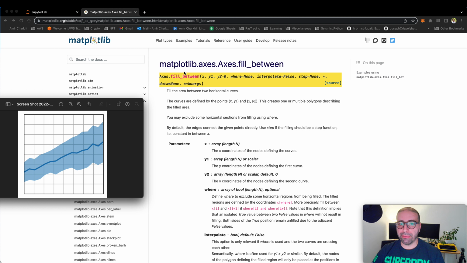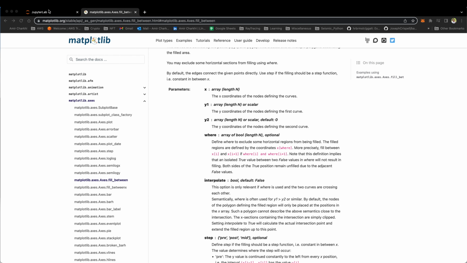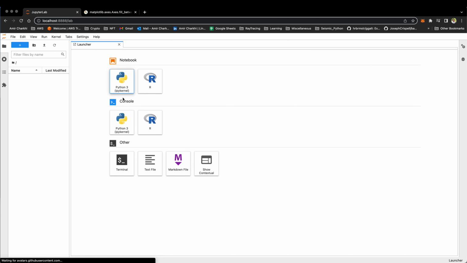This is the official web page from the Matplotlib website for the fill between function. What you need is an x value, a y1 value, and a y2 value. By default, y2 equals 0, but you can set different values for that one. There is a where parameter, an interpolate parameter, and a step parameter that I'm going to talk to you about later. So for now, I want to go ahead and make a new Jupyter notebook,